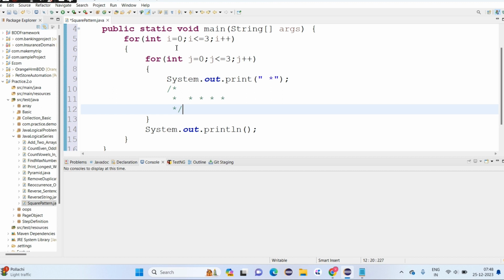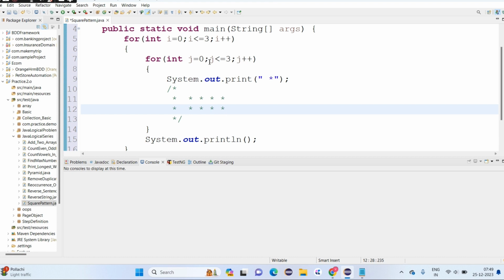That is the condition. When it is incremented by 1, it comes inside the child for loop and checks the condition j equal to 0, 0 less than 3, and the condition is true. Again in the next row it prints the first star, similarly keeping space, then incremented by 1 it prints the second star, then the third star, then the fourth star.